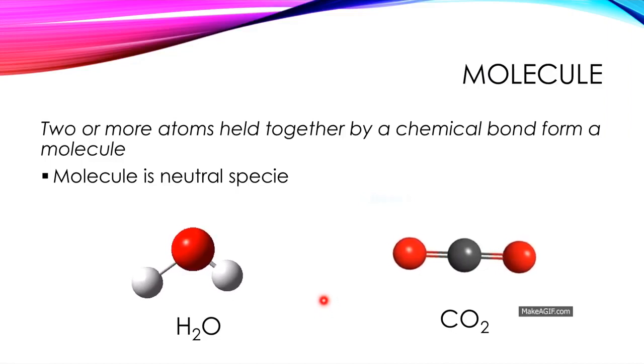Okay, जितने भी atoms होंगे उसके ऊपर molecule depend करेगा. कुछ molecules size में छोटे होते हैं, कुछ molecules size में बड़े होते हैं, कुछ molecules size में बहुत complex होते हैं. Okay, and the shape is also very complex. These are very simple molecules. H2O and carbon dioxide molecules are very simple and they are very abundant in our atmosphere. हमारी atmosphere में बहुत common है ये दो molecules.